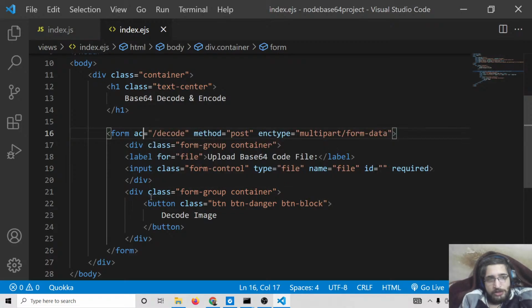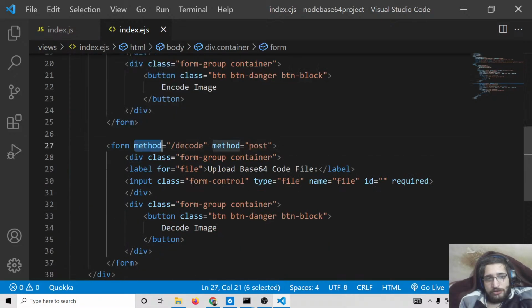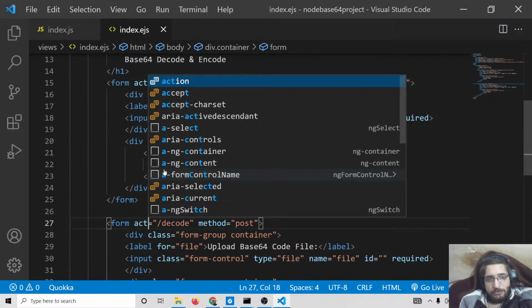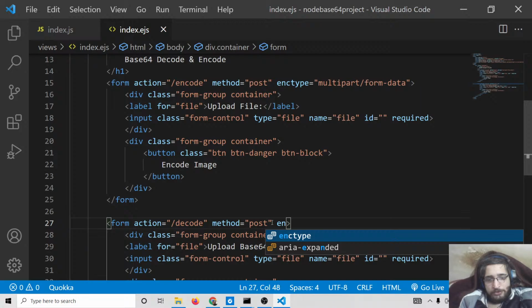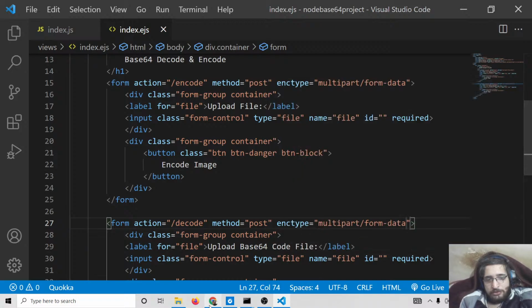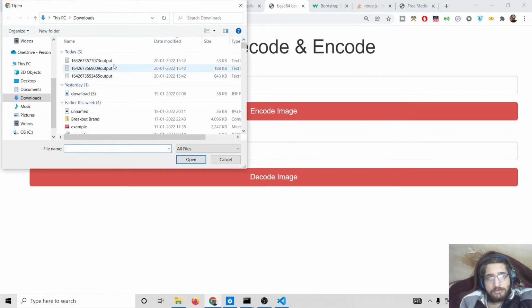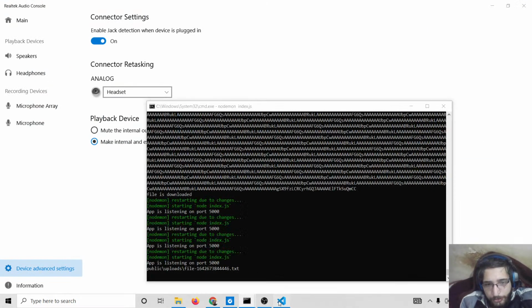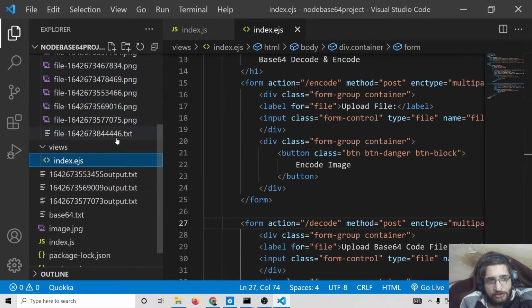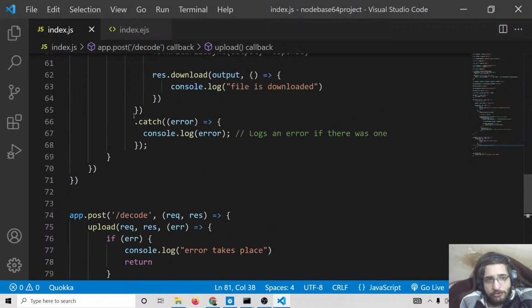So let me also, this needs to be action, and we can also include encoding type. So hopefully it should now upload this. So now you can see it has uploaded this txt file. If I check here, you will see this is the file which is uploaded. Now we simply need to decode this to the actual image. So we can use that